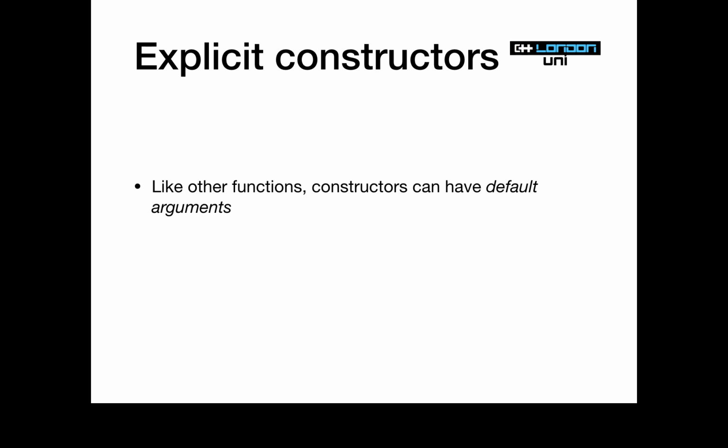There is one slight wrinkle, or rather something to be aware of, which is that constructors, like all other functions in C++, can have default arguments, default parameters. So you write the parameter type, name, and then equals some default value. And in that case, if it's got a default value, it can be called with 1 argument. So if you had example brackets, int i, int j equals 3, that is a constructor which can be called with 1 argument, and so it would be a candidate for implicit conversion.